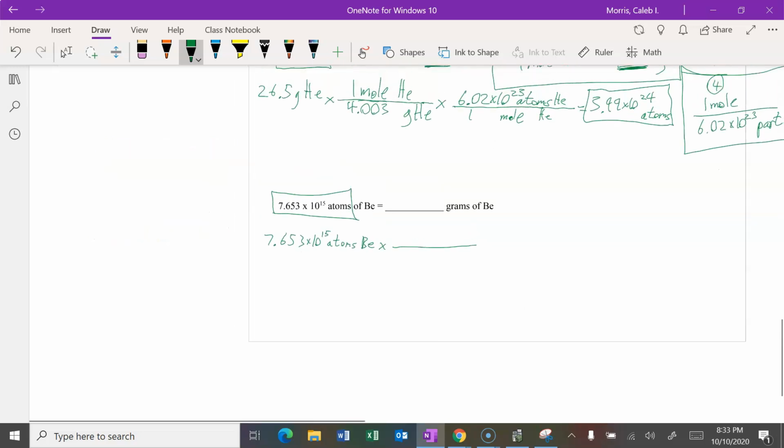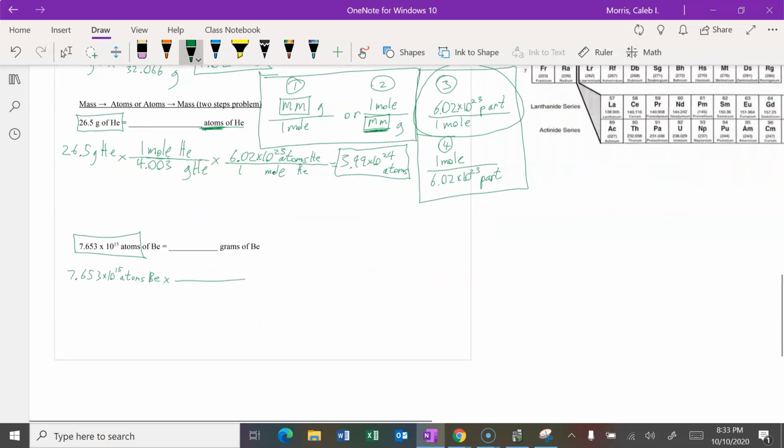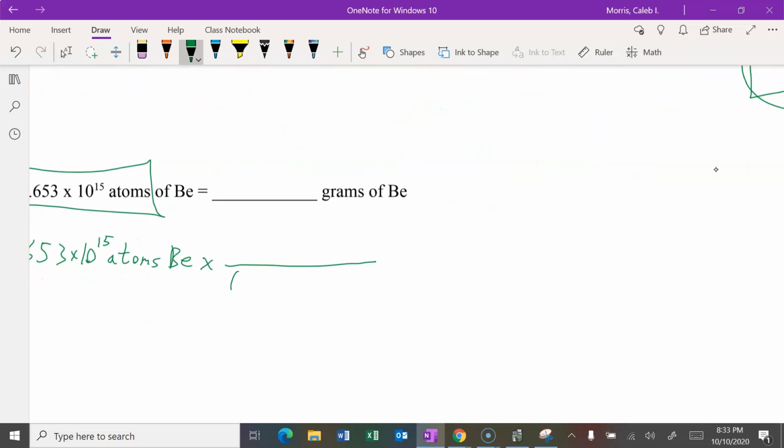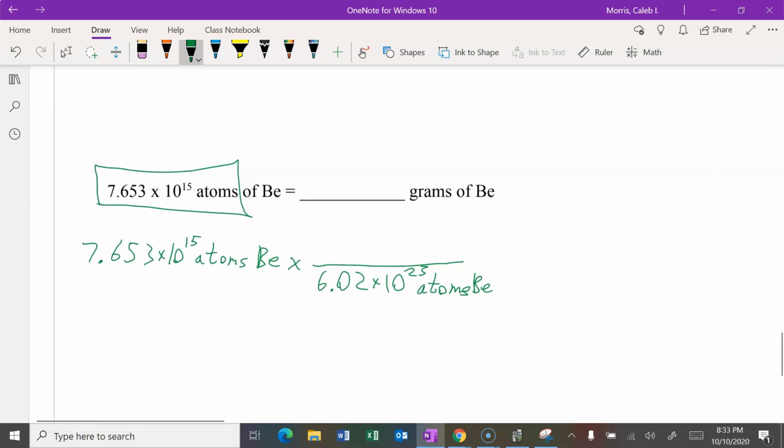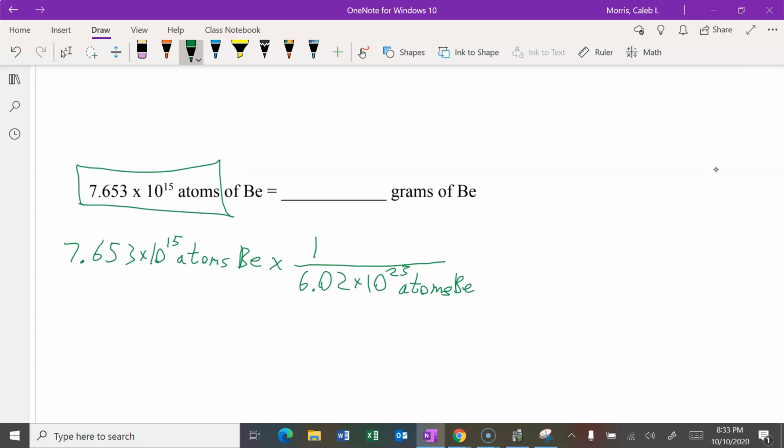So looking back at our conversion factors, number 4 is the one that has particles on the bottom. So I need to start with that. 6.02 times 10 to the 23rd atoms of Be. And then on the top, I'm going to put 1 mole of Be,